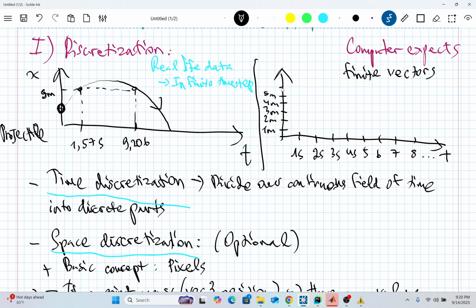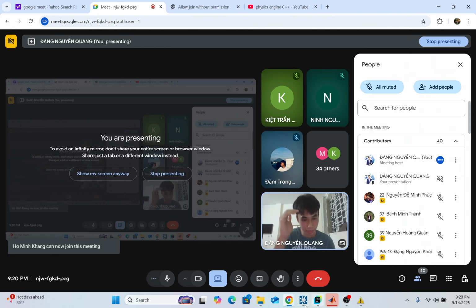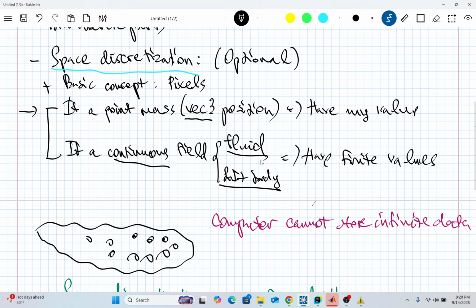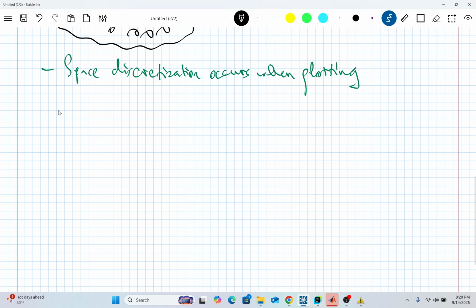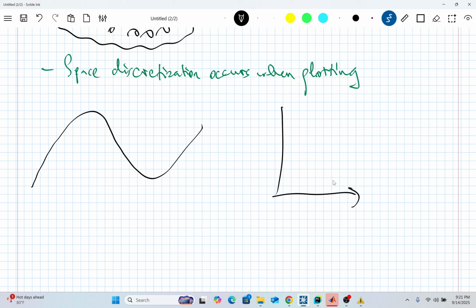So when I'm plotting the graph, these numbers are confined by some limit. Like this one, like this note, it is discretized into grids in space, right? So when I draw a graph or when I draw a surface, I can draw a surface like this. You will often see the grid-like structure here.